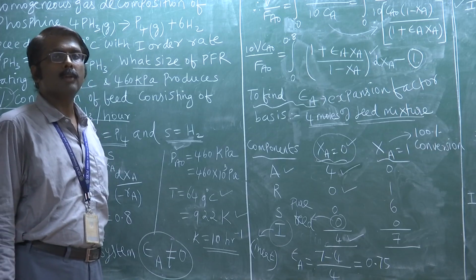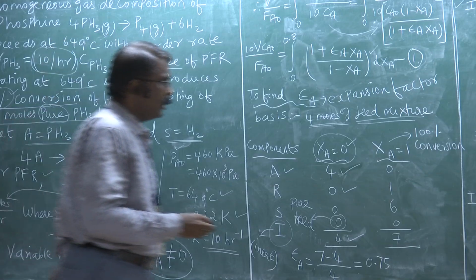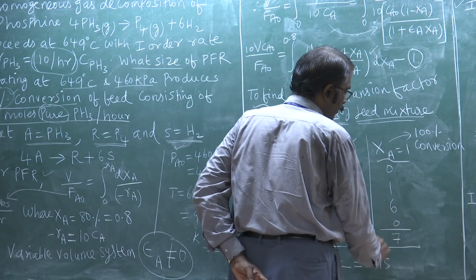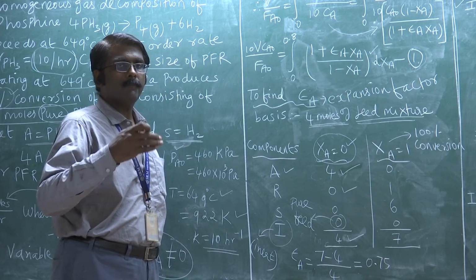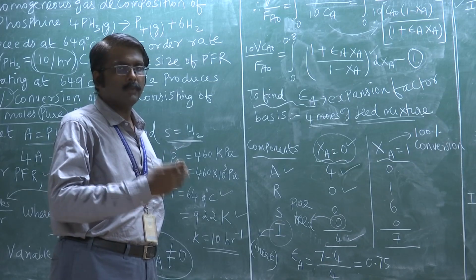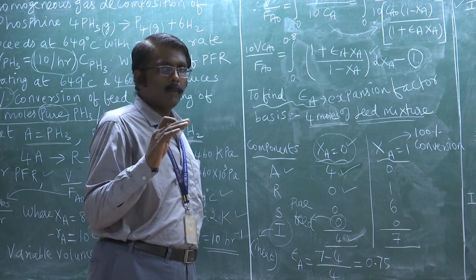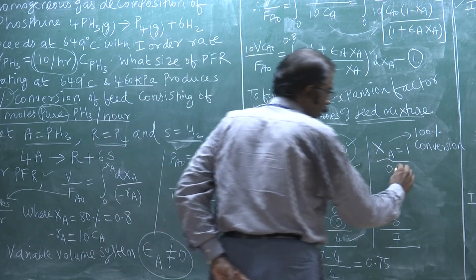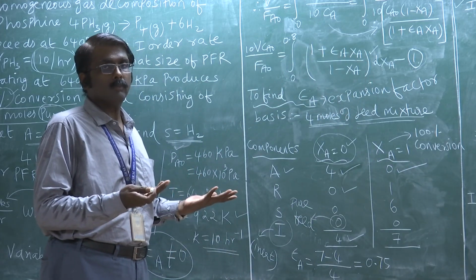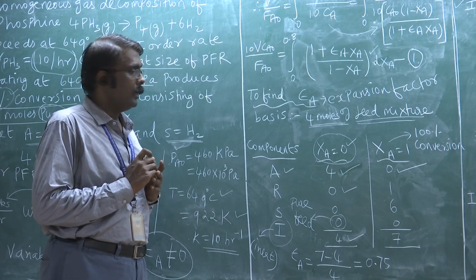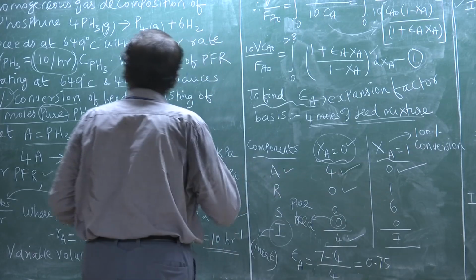That is, at Xa equal to 0, the total number of moles of all the components put together is 4. Now at Xa equal to 1, we have one more column to be filled up. At Xa equal to 1, meaning 100% conversion, how many moles of each of the components remain in the system, we have to identify now. Xa equal to 1 means all the A would have become product, that means no A is left in the system. So the number of moles of A is 0, 100% converted. Now the number of moles of R formed should be equal to 1 because the stoichiometry says that